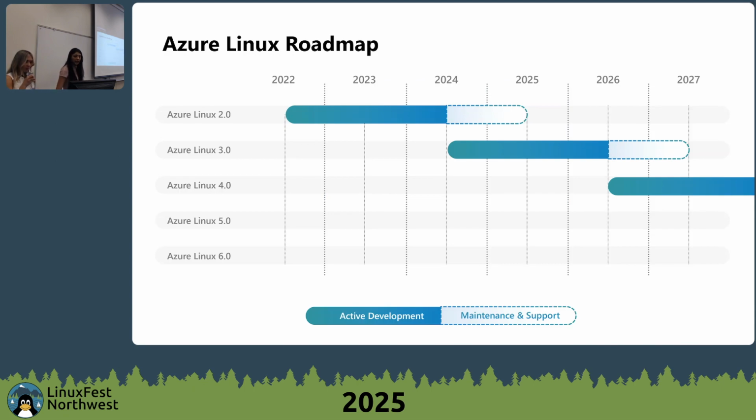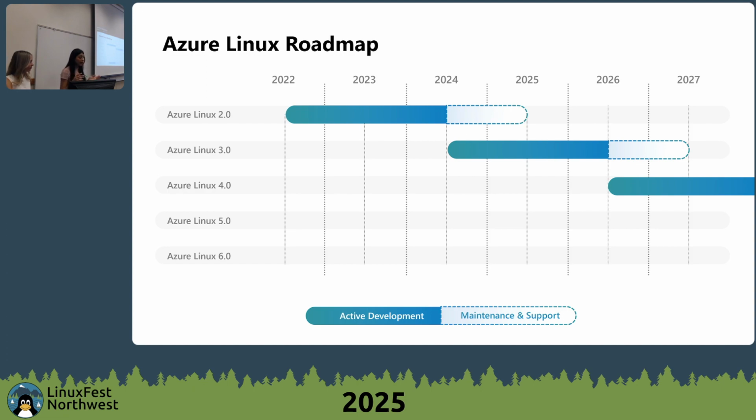Let's look at the current Azure Linux roadmap. 2.0 was released in 2022, and it is still being maintained. It's reaching very close to its end of life date right now. And 3.0 was released last year. Like Flora said, that was released with the 6.6 LTS kernel. The aim here is to provide a good balance between stability and innovation, which is why we're at a 3-year life cycle right now. And technically, that's not considered LTS because it's a bit shorter.